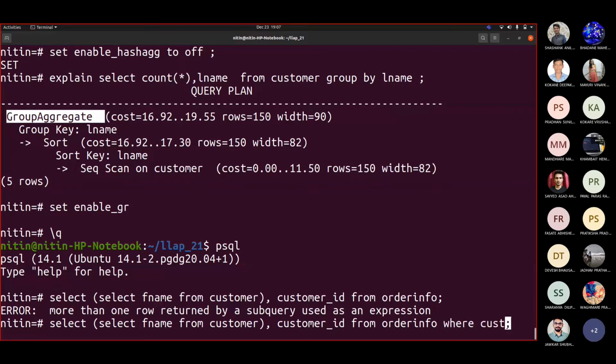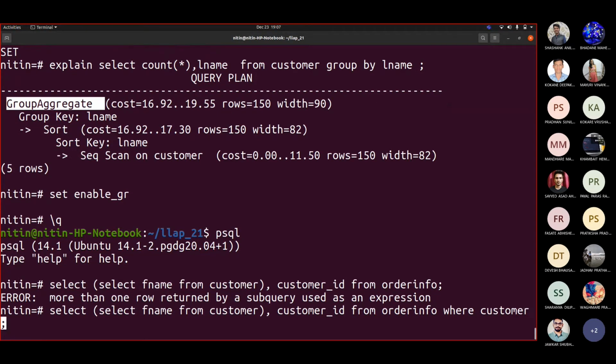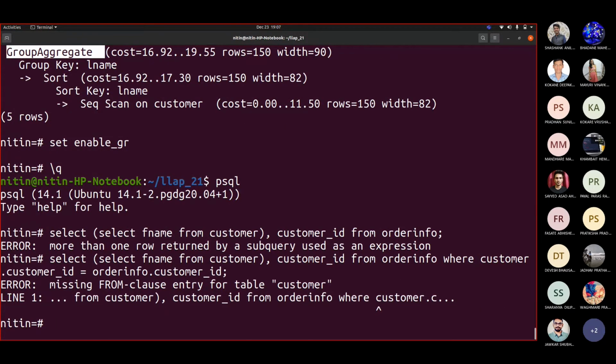Where customer dot customer ID equal to info dot customer ID. Now I cannot write this because this customer is not available with me. It is in a subquery because the from clause doesn't contain that data.